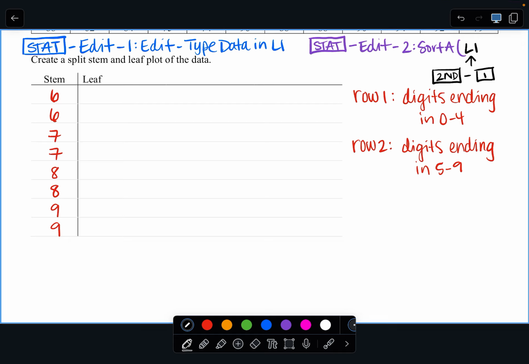Now let's go ahead and sort this into the stems that we need it to be in. When I go in and look at these test scores, I can see we got a 62, which is between 0 and 4, and we have a 69, which is between 5 and 9. Jump to the 70s in my list: 74, 75, 78, 79, and then we have 80, 80, 82, 84, 84, and then we have 5 8s. 588s. And then jumping into the 90s,